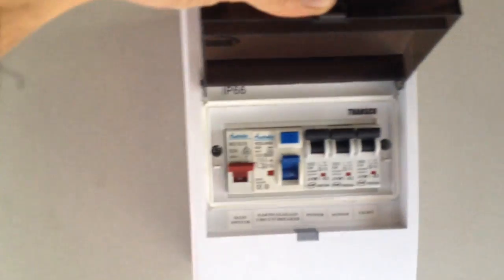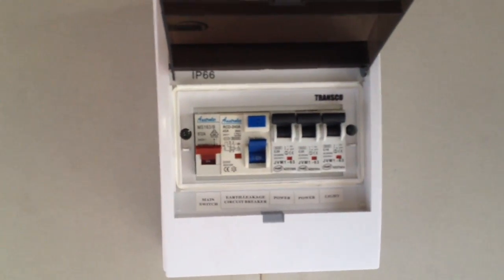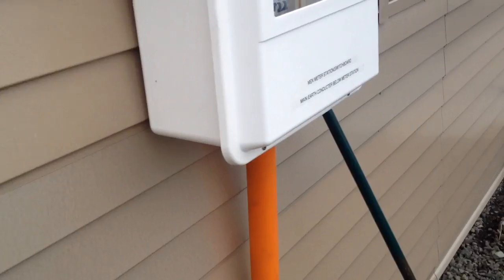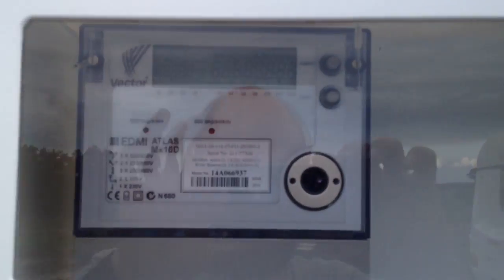Hey, finished all my wiring. Jibbed it all up. Just had the guy in for the permit inspection. I failed, just for a few minor things. But here's my distribution box, all done. And got my meter in there,